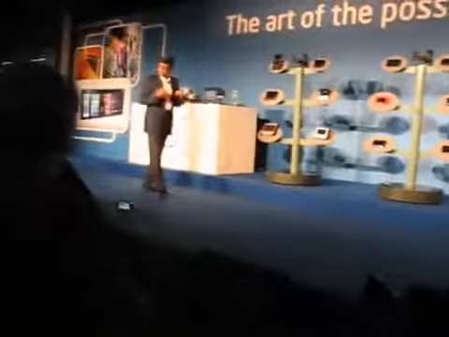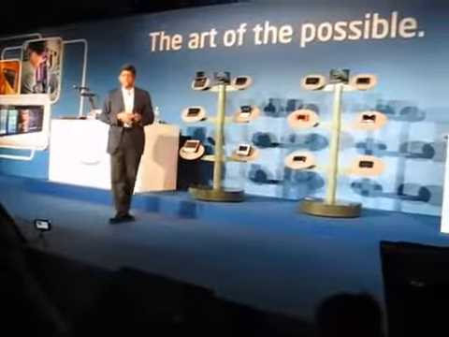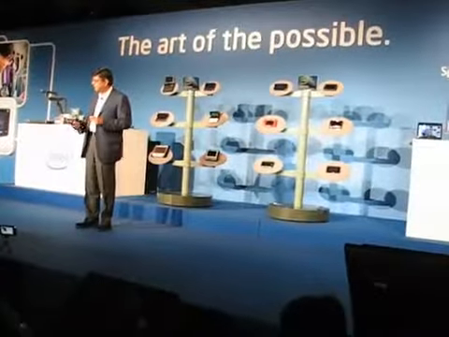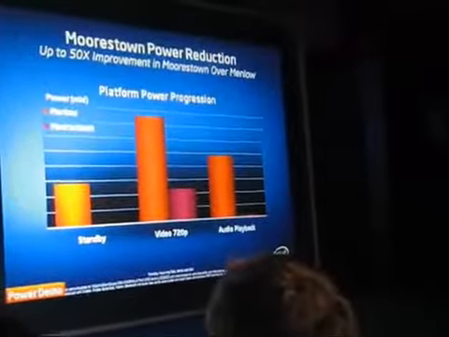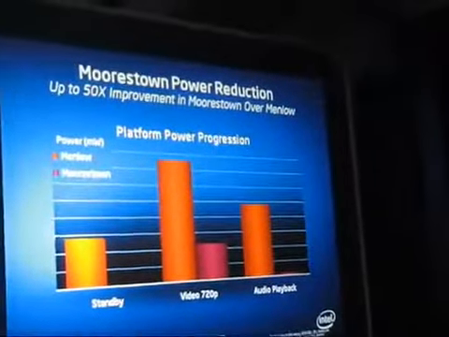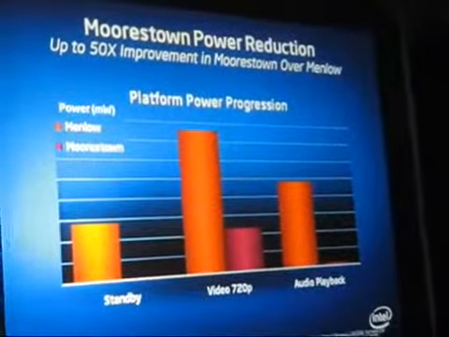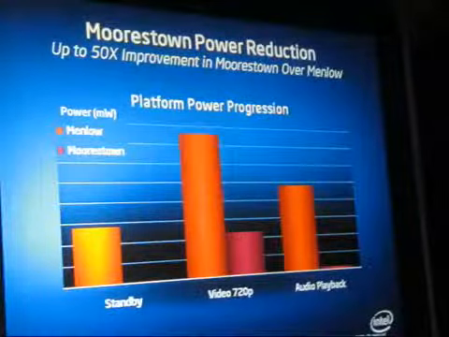Now, if we take this data and start to look at it from the standpoint of a graph and plot this on a graph, this is what you would kind of expect to see, right, on a graph, effectively. I'm showing you the standby power on Menlo relative to Moorestown. I'm showing you video playback